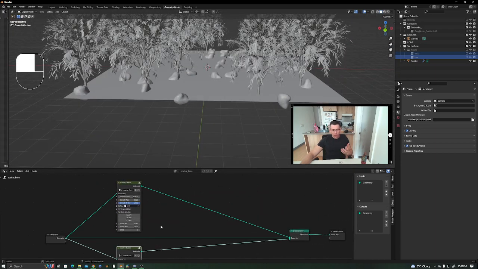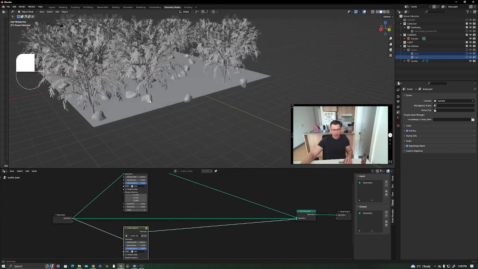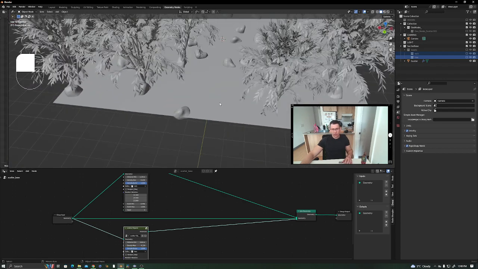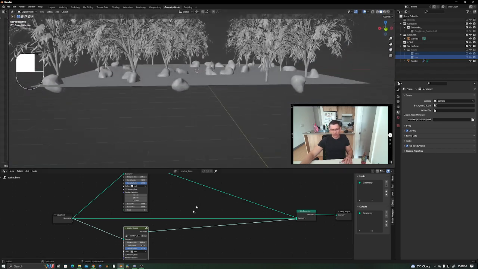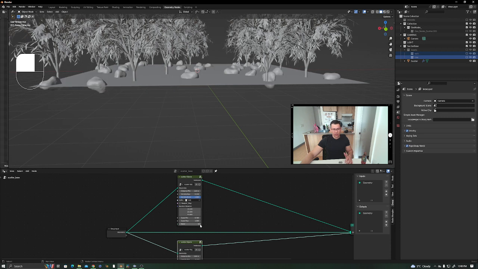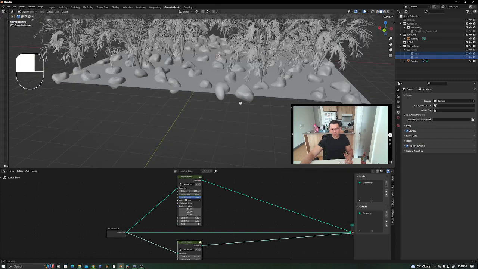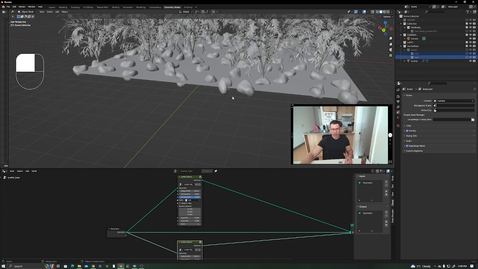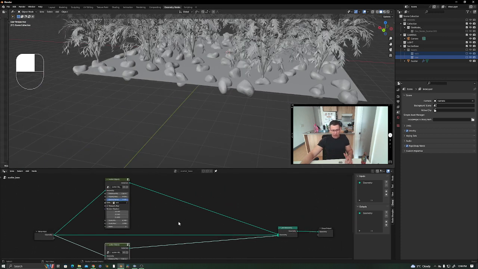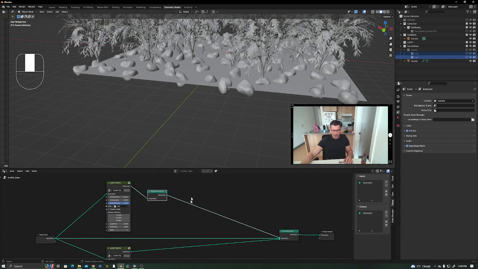I can even go here, for example, on the rocks level, and define that the trees will not be cast wherever the rocks are being cast, or just change the distance mean, or the density, or the seeds. But if the seeds don't work, let's increase this amount of rocks. Here we see that we have trees going inside the rocks, and then we can just do Realize Instances for the rocks,